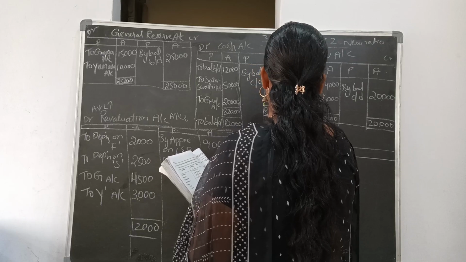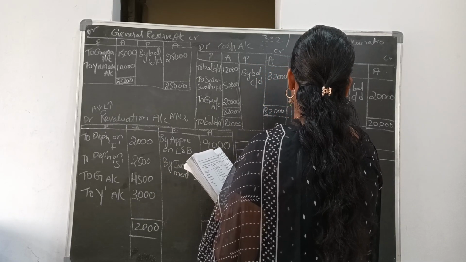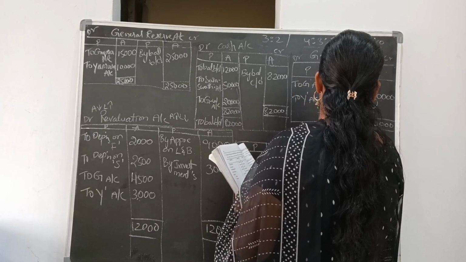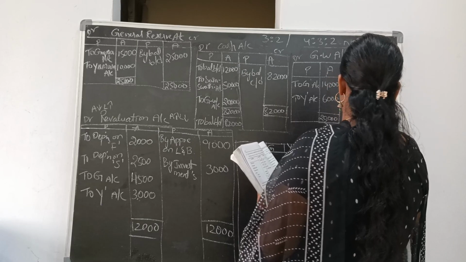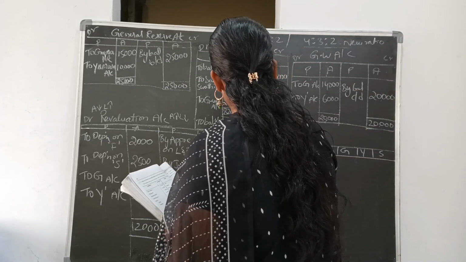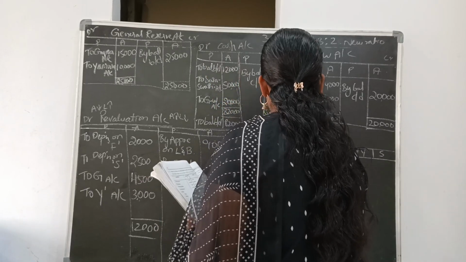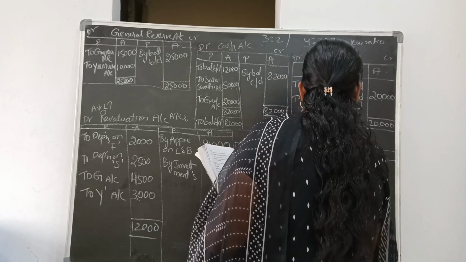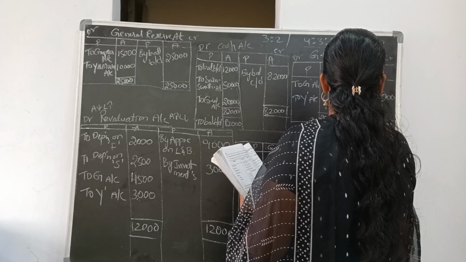Ganga, Yamuna, Saraswati. Ganga, Yamuna, Saraswati. Particulars, amount, amount, amount. Particulars, amount, amount. So here